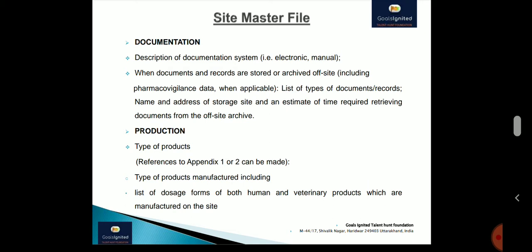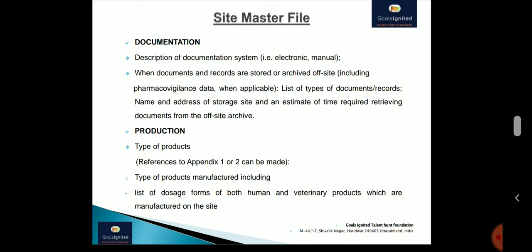Because in some companies there is a common document storage room, where documents from the different sites are collected in one place and maintained. So you are required to mention this in your SOP and in your site master file also, that the following is the detail of the location where all the centralized data is collected and archived. So it is the documentation requirement if it is applicable to that site. If it is not, then QA is mainly the concerned department that looks after all the documentation part.